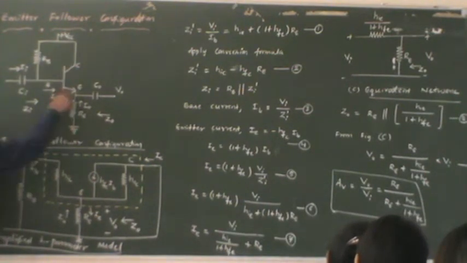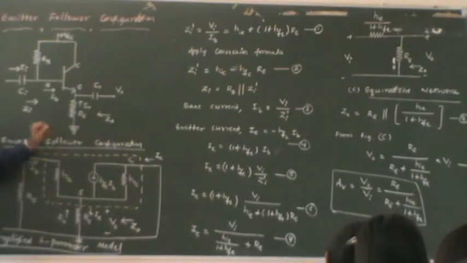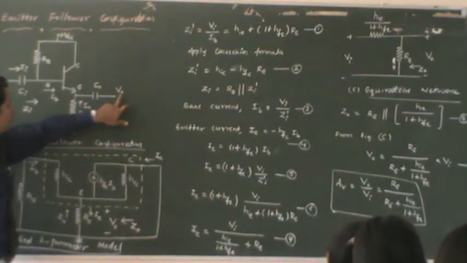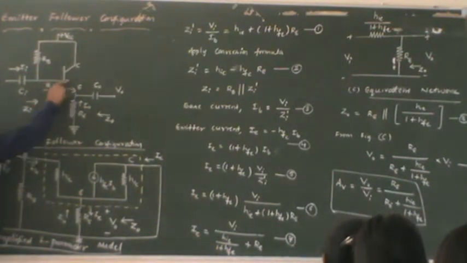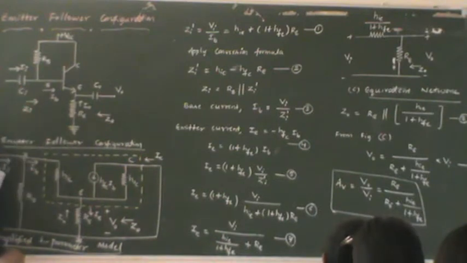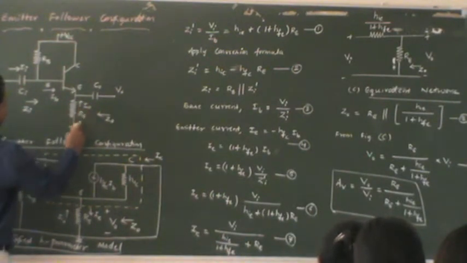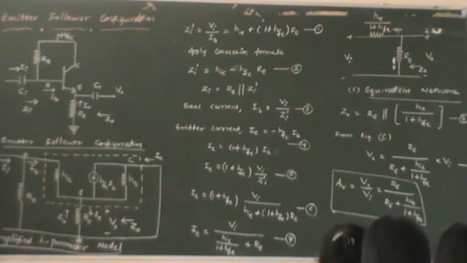Also look at the other parameters in the circuit. Zi is the input impedance of the circuit, looking in between the base and ground, and Z0 is the output impedance of the circuit, looking from the output node V0 and ground. This is the base current, the current going into the base of the transistor, and IA is not the same as IB. Here we have a capacitor. The current which is assumed is coming from the ground, which is I0, and of course CI and C0 are nothing but independent capacitors.